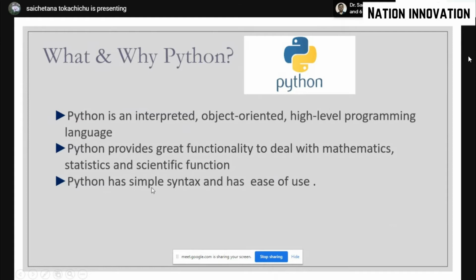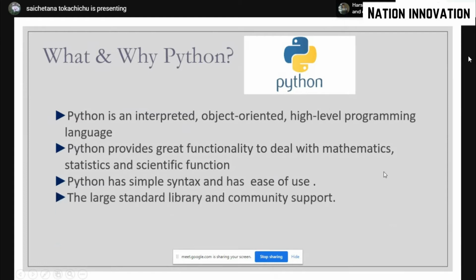That syntax is very easy compared to other programming languages, and it is basically like writing English. There is not much difference in it. And the most incredible part of it is it has a large community support and standard libraries. There are many standard libraries coming up for machine learning. Trust me, there are recently developed new standard libraries for machine learning. You can apply complete machine learning algorithms based on one single package with no coding.